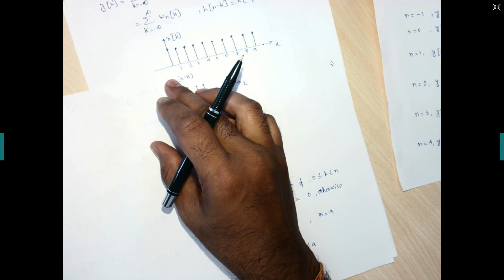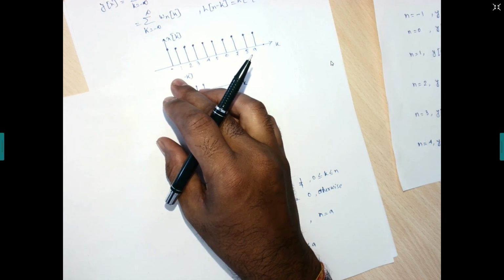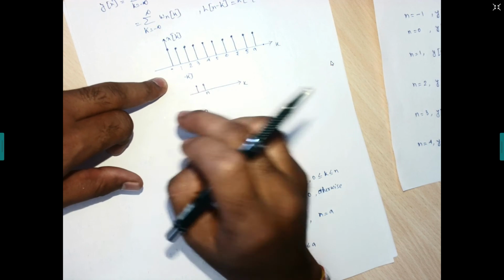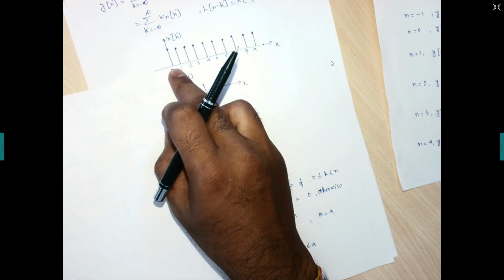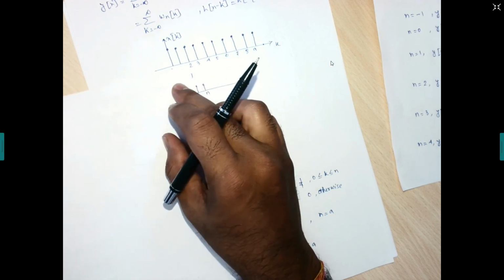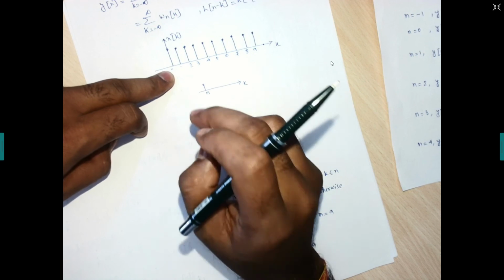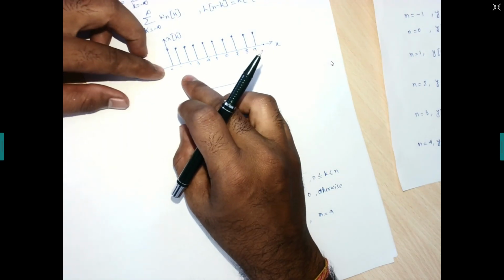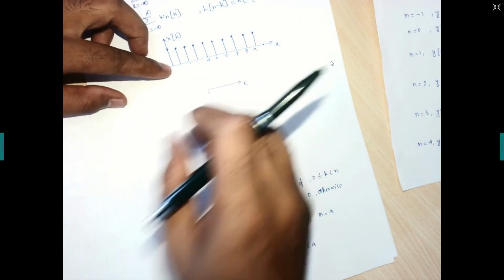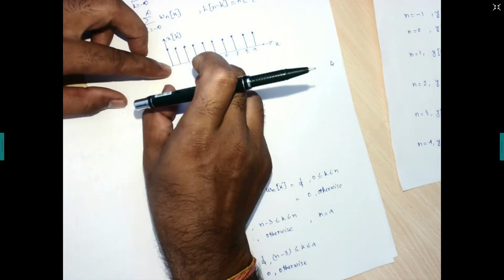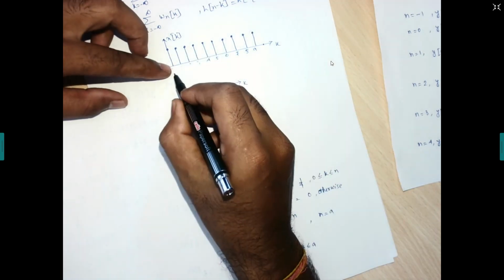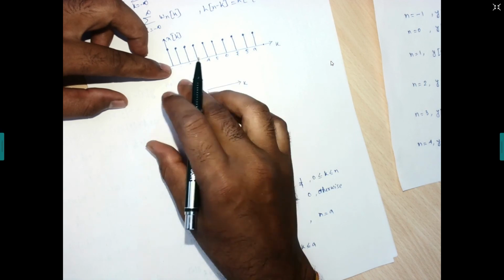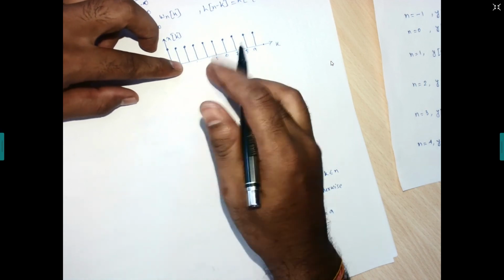Next, when you go to k equals 1, 2 samples of Hn have the interaction with 2 samples of xk. Now if we move further, 3 samples of Hn minus k have the interaction with 3. In this way 4 samples will have the interaction with these 4. Now you are limited within this 4. If you move beyond this 4, this 4 only exists for this Hn.